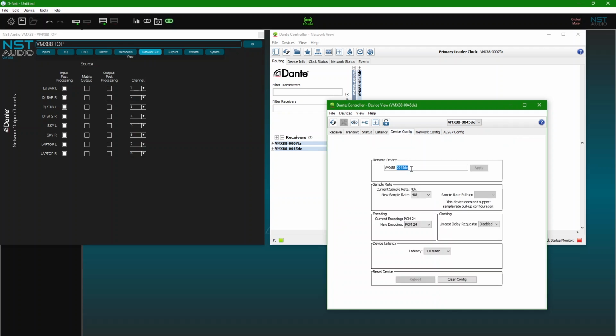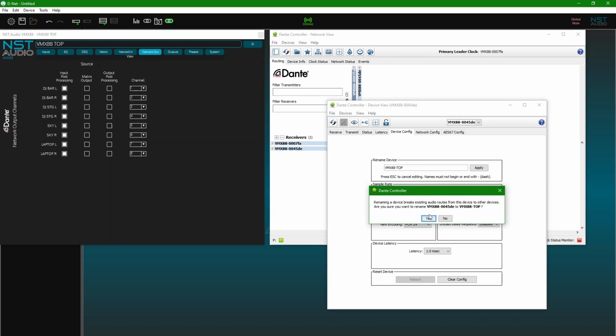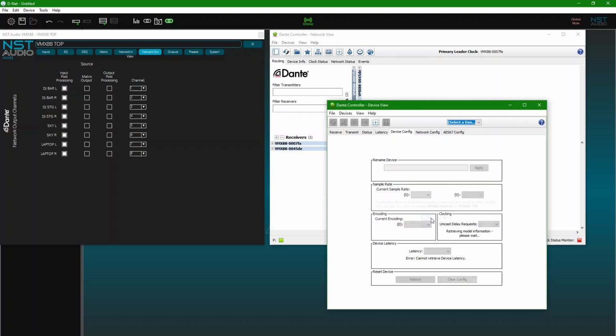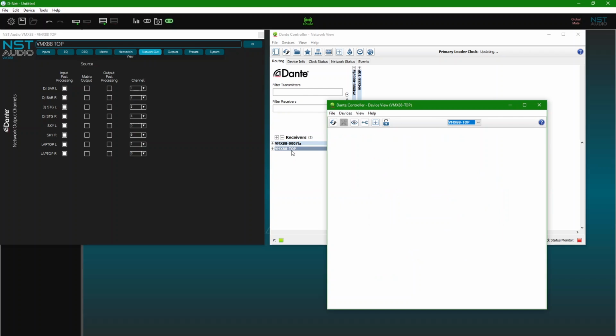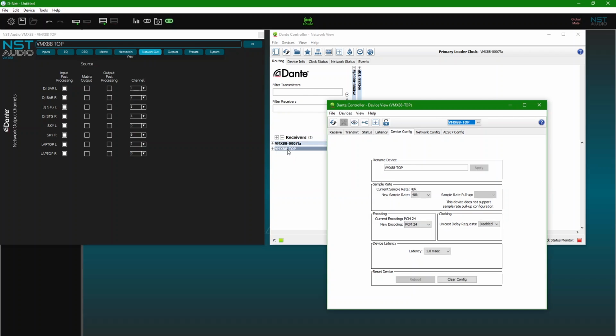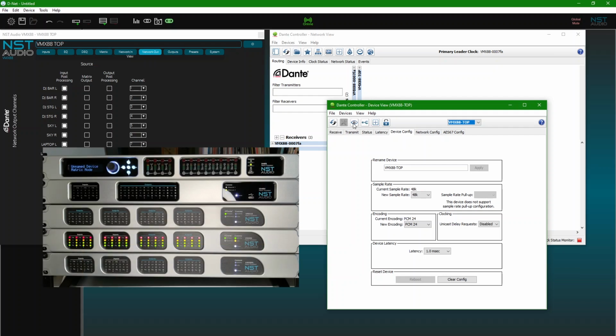This is why we perform naming first, and routing afterwards. You can double-check which unit is which, by using the Identify button, which works the same as in DNet.